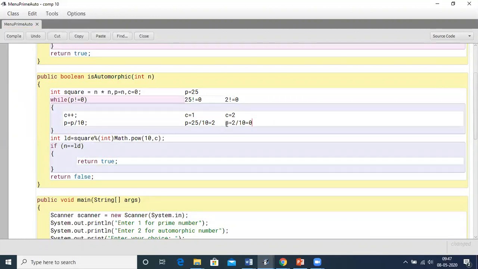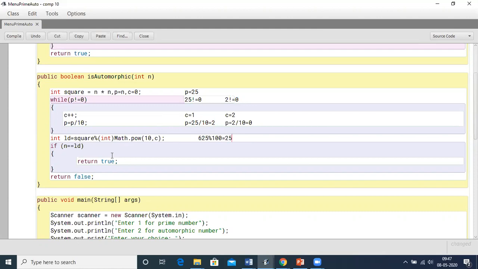So it will come out of the while loop, and we get to know that the number has 2 digits, C. So over here, the square of that number, 25 squared, is 625. Modulus, I'm doing 10 to the power C. 10 to the power C means 100. So it will automatically give me the last 2 digits, that is 25.